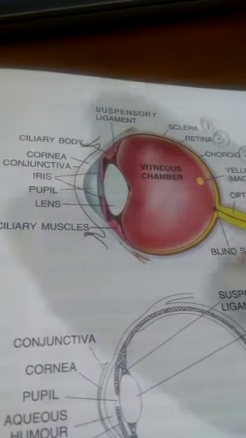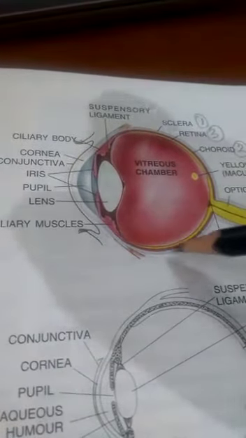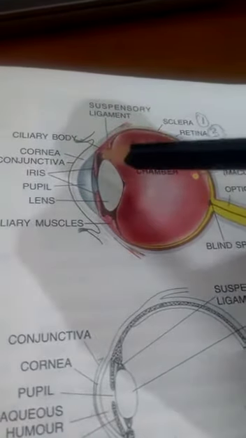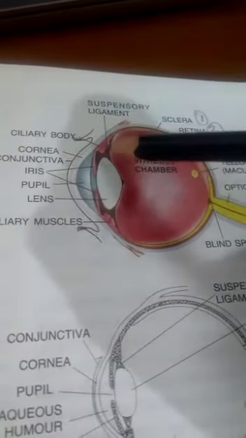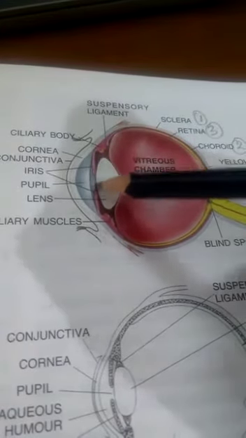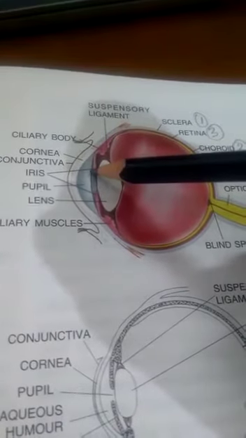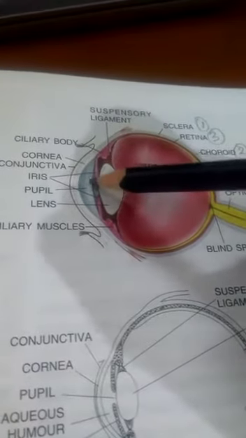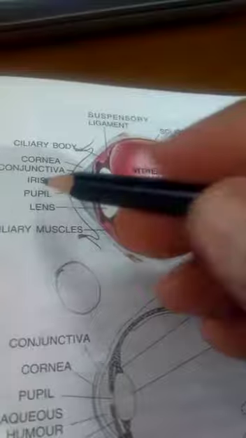So this is sclera. Then the second layer is the choroid layer. Choroid layer is a vascular layer. Vascular layer means there is a supply of blood in this layer. Choroid forms different parts. First of all, this choroid layer forms this colored portion. When you see your eyes in the mirror, you will see one round colored portion in your eye. It may be black or brown. This round portion in your eye is called iris.